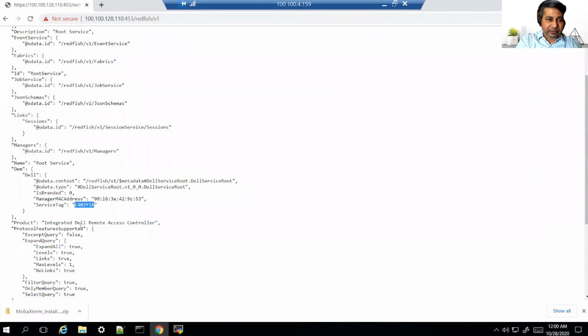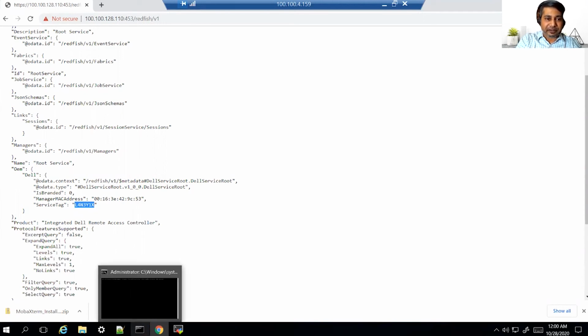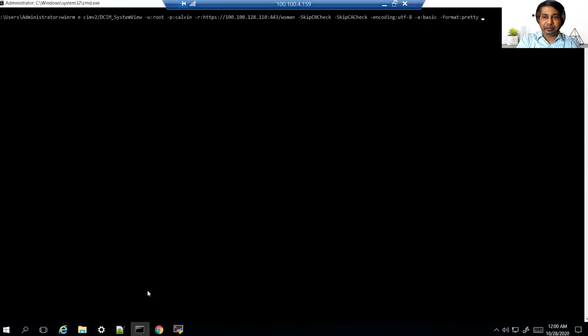Now, note down the service tag. You can see that this is randomly generated. The MAC addresses are randomly generated, which means that every simulated device is going to be unique. Let's try to make a WSMan call. So this is a WSMan call which is being made on DSIM system view.